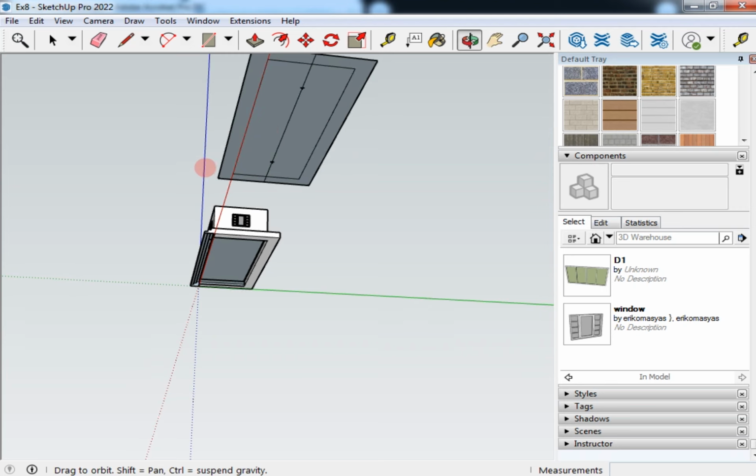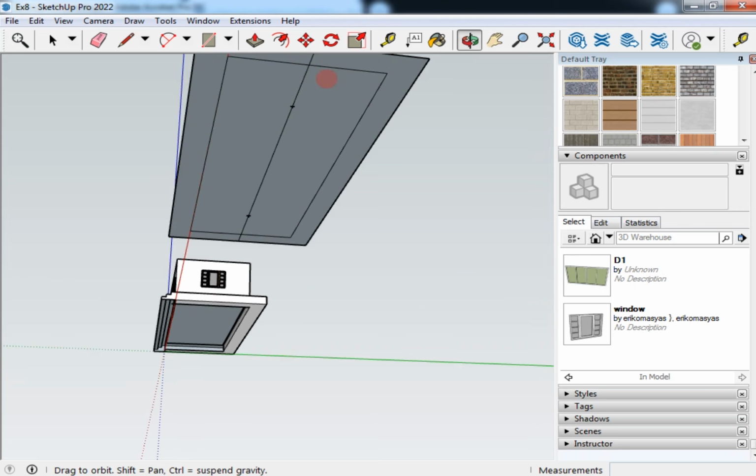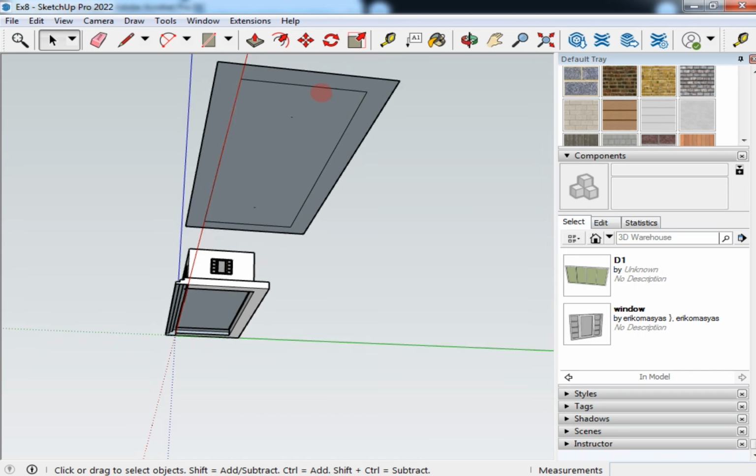Okay. And I think I don't need this line anymore. The inside, I just delete it. Okay. And then I need to